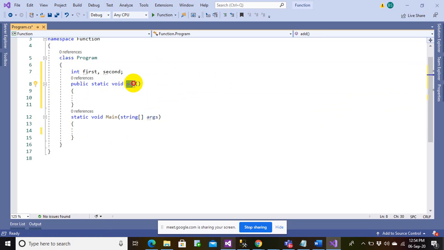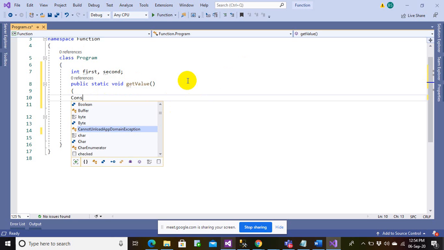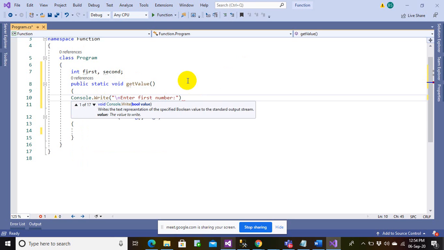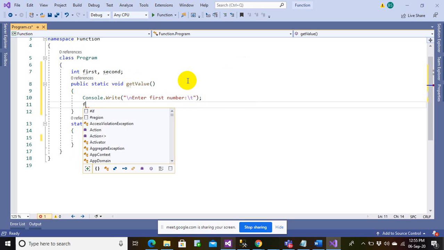So instead of this add, let me just create a function to get value. Get value is the function that will be reading this first and the second number. And what this will do is just read: console.write enter first number, and that is storing first.